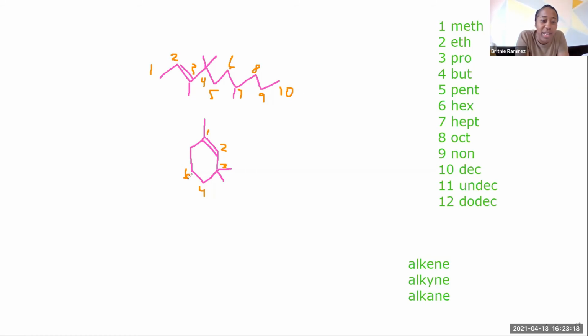But in the first one, we said 2-decene, and technically 2 is the bond, but the 2 came after. Wait, don't listen to me. I might be throwing somebody else. Yeah, in the first one, the bond was the shortest, so that one was the easy pick. 2-decene. 2 is the location of that double bond, right? Yes.